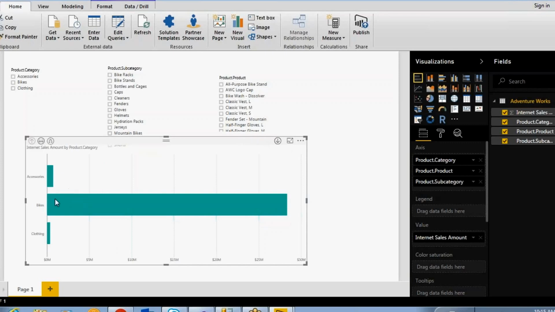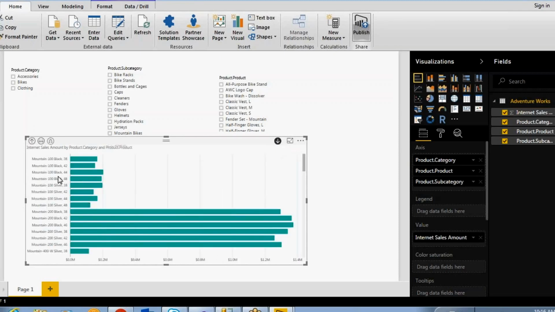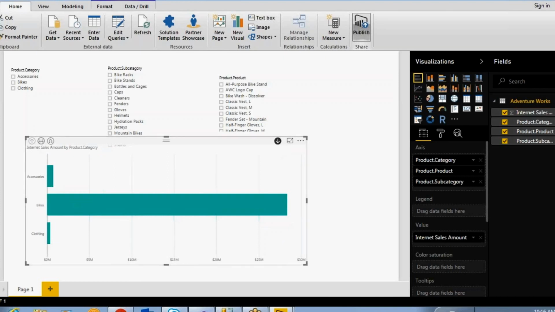For example, if I am disabling this option, if you are clicking over here, you can't go to the next level, because whenever this option you are enabling, then only you can go to the drill down. You just click here, then you can click over. See, it is jumping into the next level. If you want to go to the higher level, go back, drill down. Okay, so in this way we can create a drill down option in Power BI and cascading parameters. Thank you.